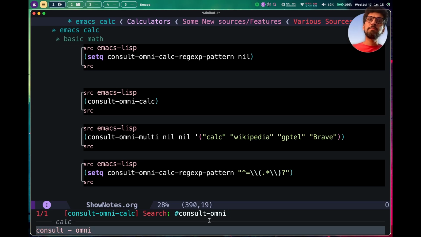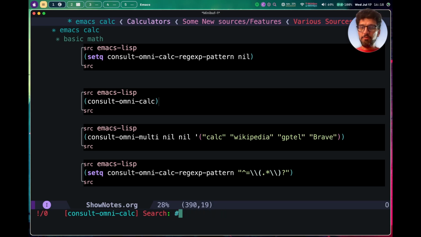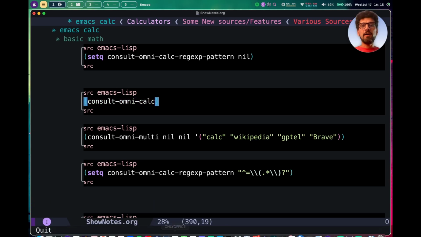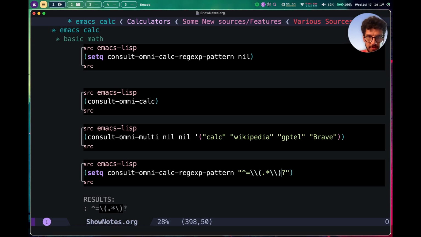Because the Emacs built-in calculator can also do parametric math, it is treating this term as consult minus omni. So in other words, if I put 2x minus x, I can get the results from the calculator with just parametric calculation. So for this reason, I have defined this regexp pattern, which here, for example, I'm setting up to match any query that starts with the equal sign, and then I have a capture group for anything